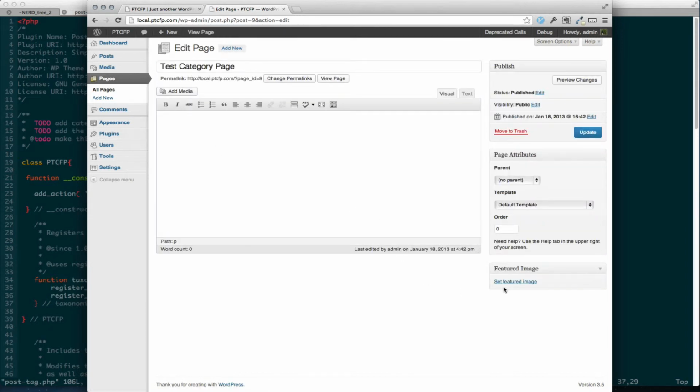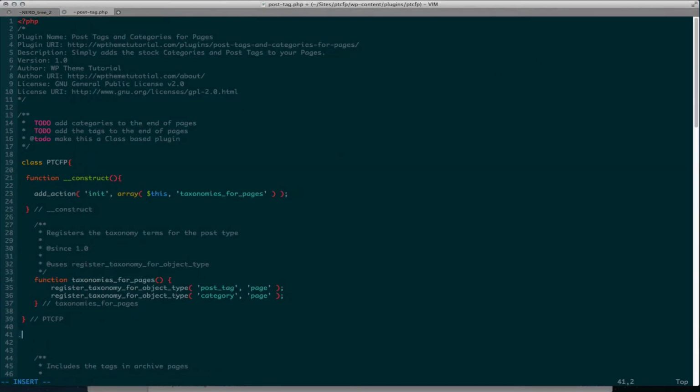Test category page, and we don't. And do you know why? This is something that actually caught me a couple days ago too. I was trying to register widgets and I just couldn't. So anyways, we'll go